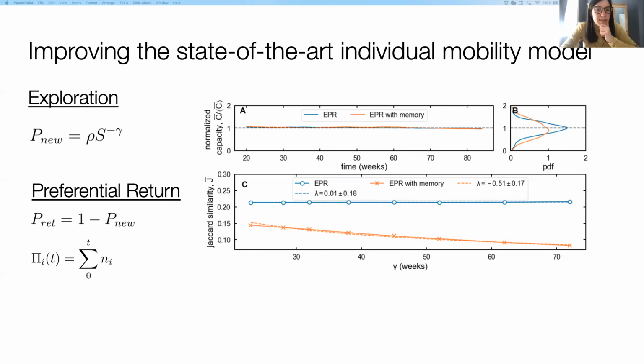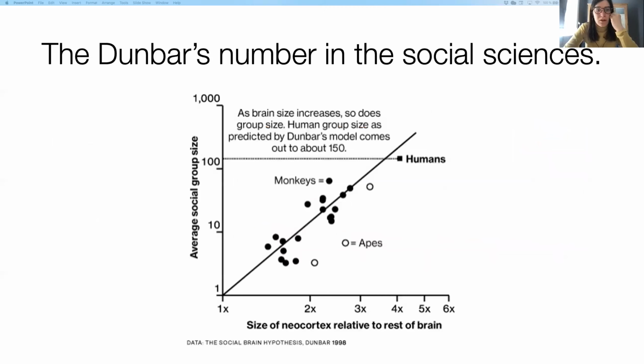Yes, so this idea of the spatial capacity being limited, with only a small number of places that we regularly go to, reminded us of one of the very famous findings from Dunbar's research: that individuals are characterized by a limited number of social contacts they are familiar with, and that this number is bounded by cognitive limitations to about 150. This finding in the spatial sciences reminded us of this finding in the social sciences.